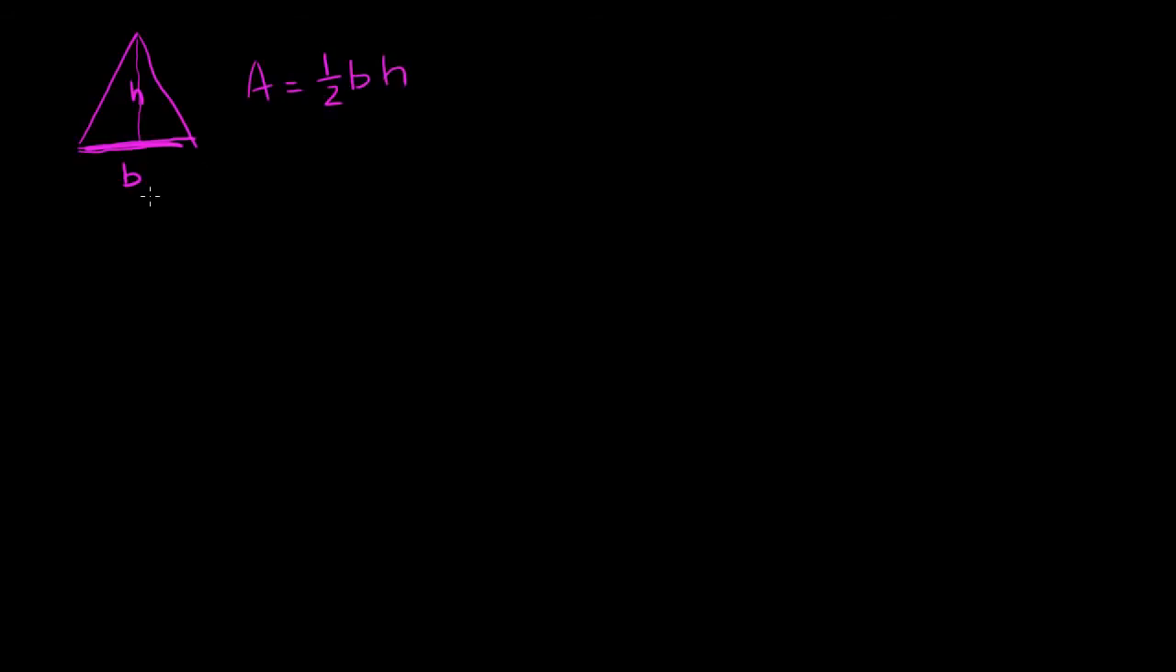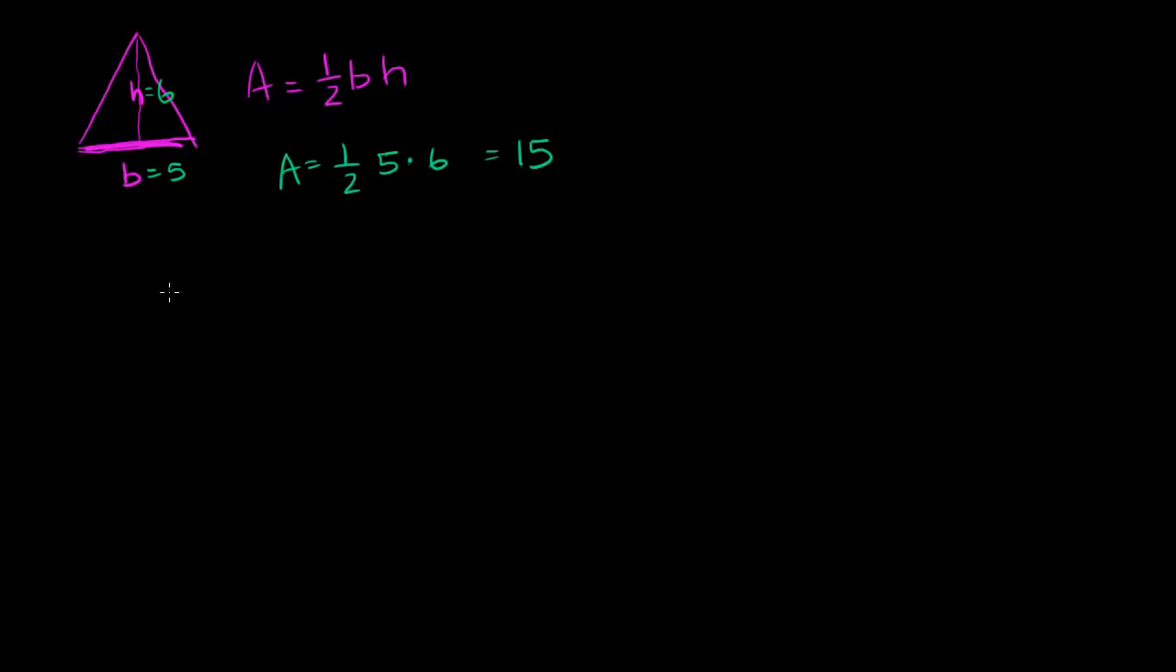So for example, if the base was equal to 5, and the height was equal to 6, then our area would be 1/2 times 5 times 6, which is 1/2 times 30, which is equal to 15. Now, what is less well known is how to figure out the area of a triangle when